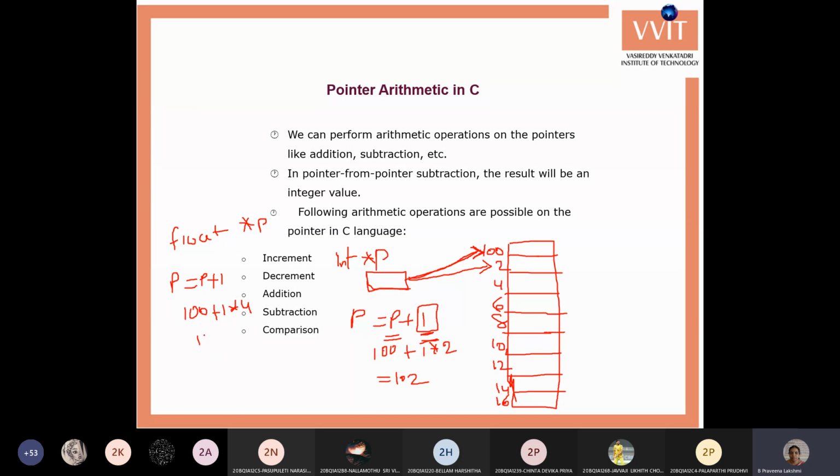So 1 into 4, it moves to location 104. So based on the data type of the pointer variable, it performs the arithmetic operations, that is addition, multiplication, division or subtraction. Each is treated as moving from the current location by that number of locations of the same data type.